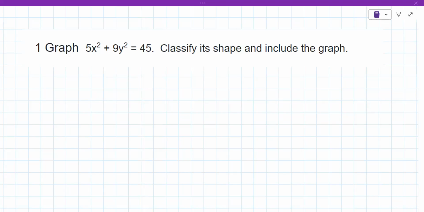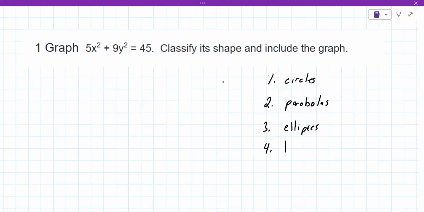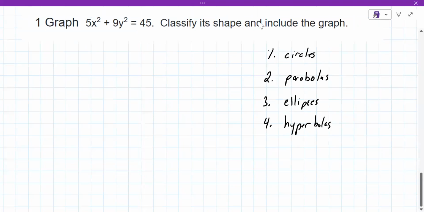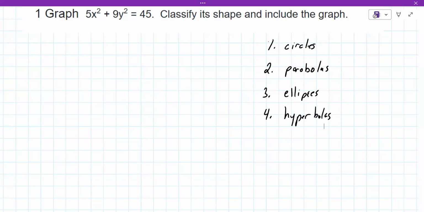There are 4 different types of conic sections. So the first one is, and you already know about these, circles. The second one is parabolas. The third one is ellipses. And the last one is hyperbolas. And you might be wondering, well, what do these things even look like? And this reference sheet does a really good job of actually